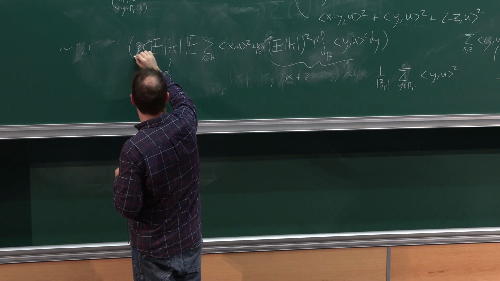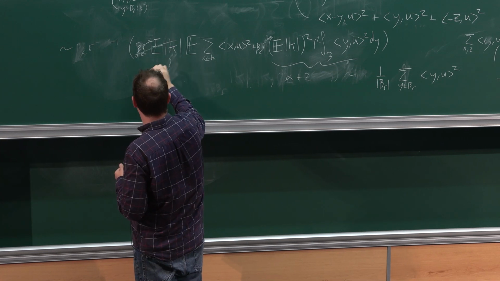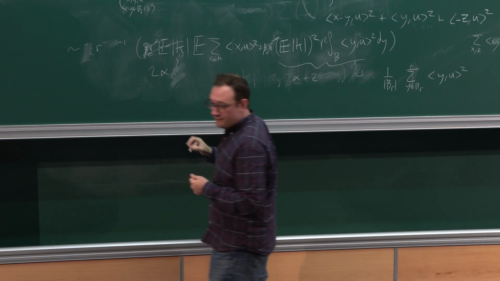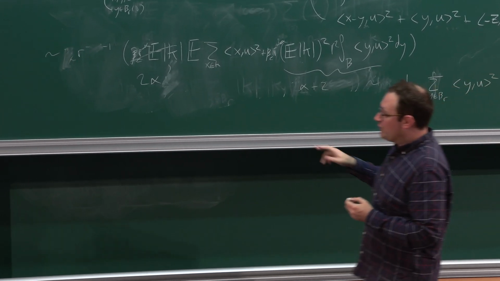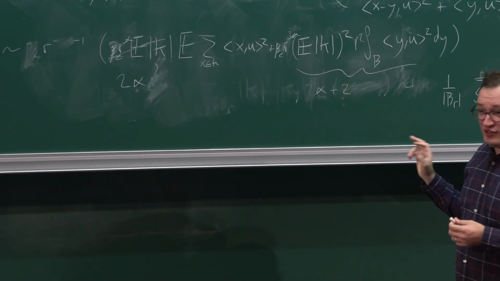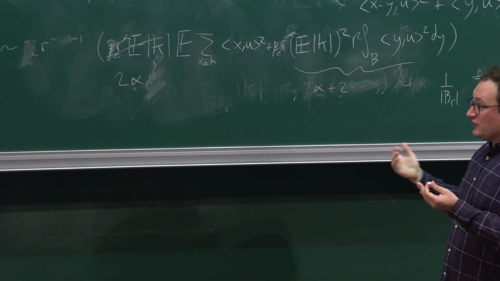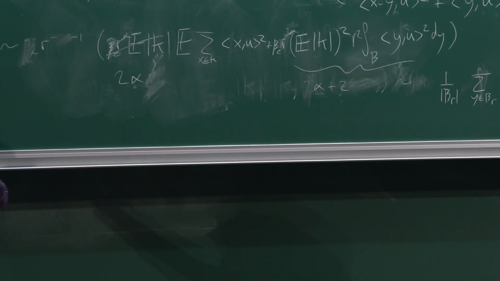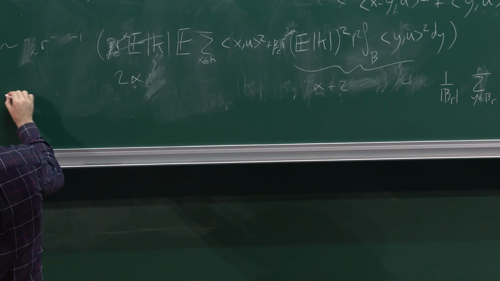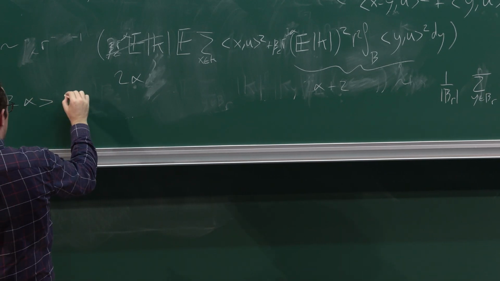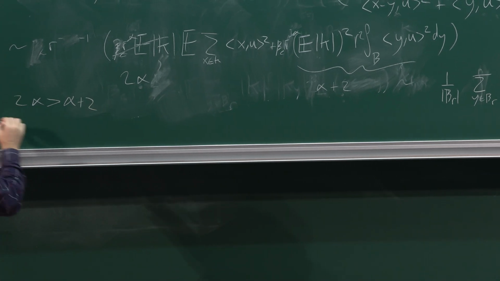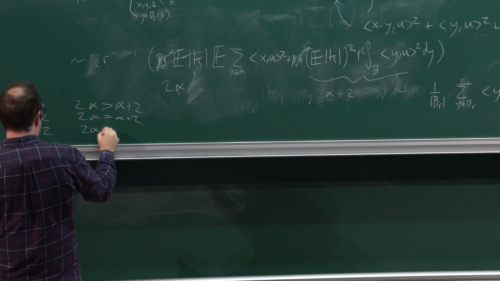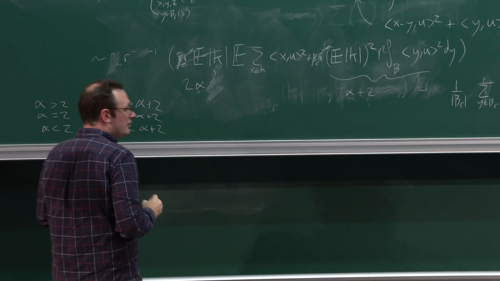Here the coefficient, this whole thing is asymptotic to 2 alpha. Yeah. Okay, so the coefficient here is 2 alpha. The index of regular variation here is alpha plus 2. And of course, these are equal to each other when alpha is equal to 2. Right, so if alpha is strictly larger than 2, I get that 2 alpha is bigger than alpha plus 2. Alpha equal 2, they're equal. And when alpha is smaller than 2, 2 alpha is strictly less than alpha plus 2. Okay?